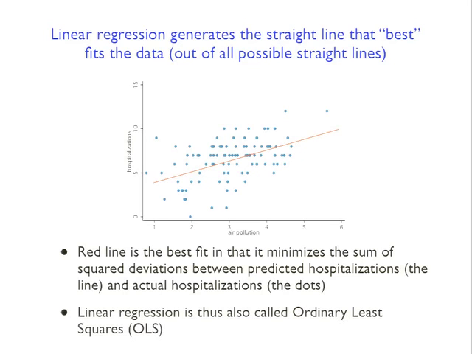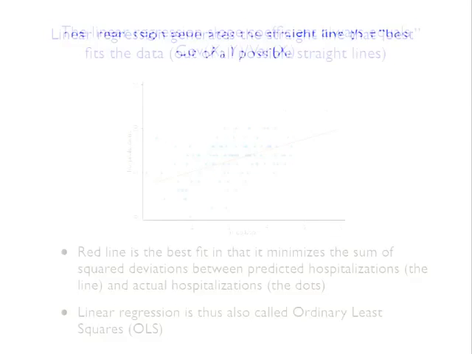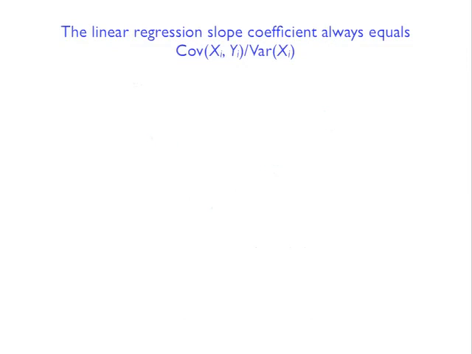Okay, so this procedure that I just described is what we call ordinary least squares. So you'll hear it abbreviated as OLS. And the reason we call it that is because that's exactly what it's doing, right? It's basically squaring these deviations, and it's trying to come up with a line that results in the lowest sum of squared deviations.